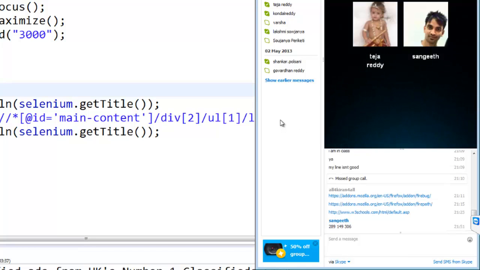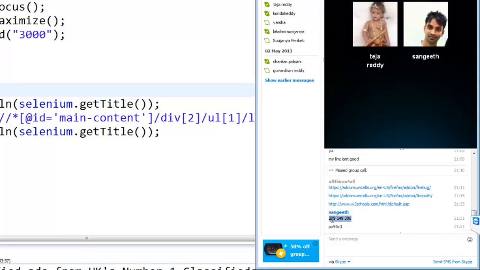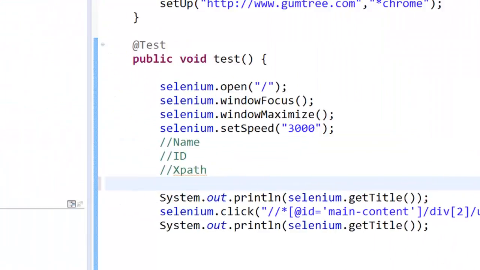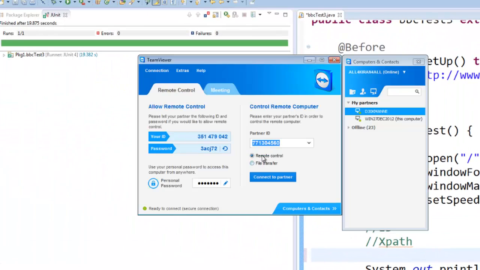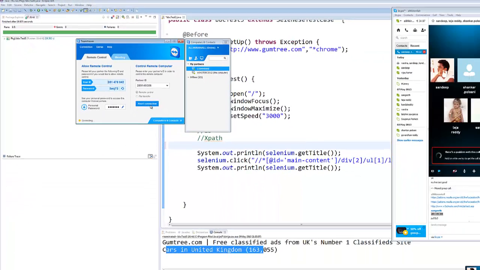If I'm not there, it will be very hard for you to solve these problems initially. So if you feel you're stuck, Rajesh already gave me his ID, so we'll check his problem. Troubleshooting. Rajesh is working on Mac, so you'll see a different interface.